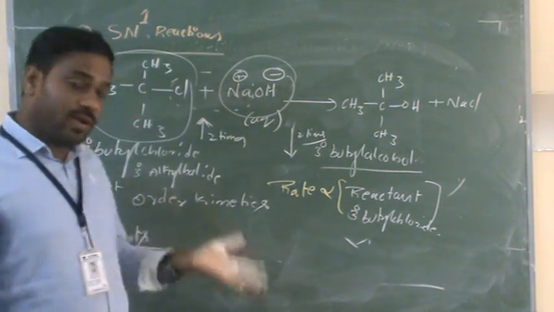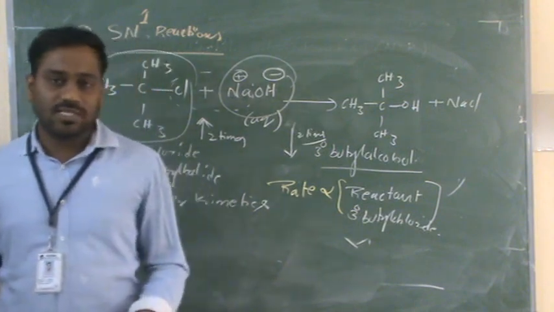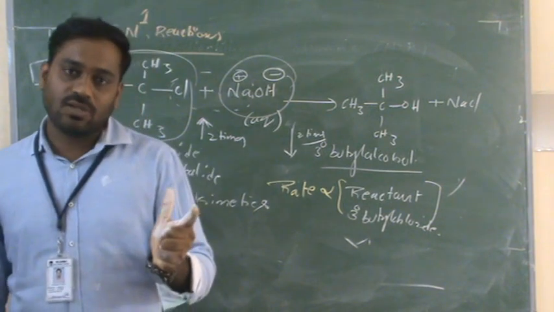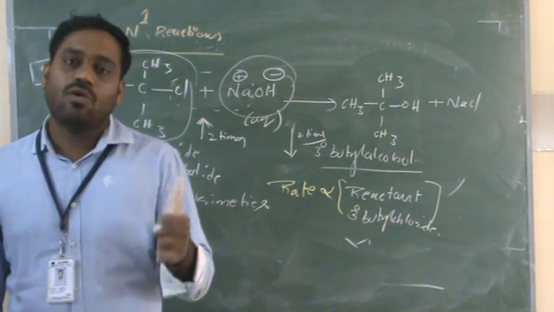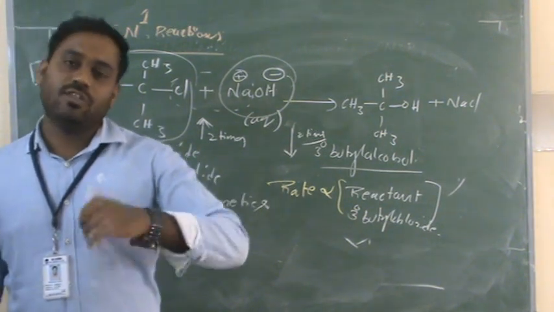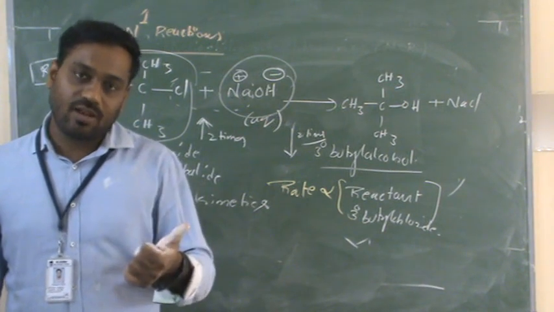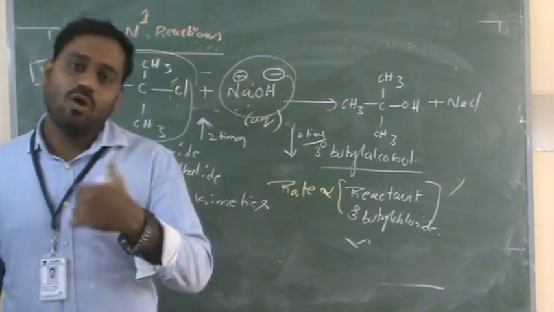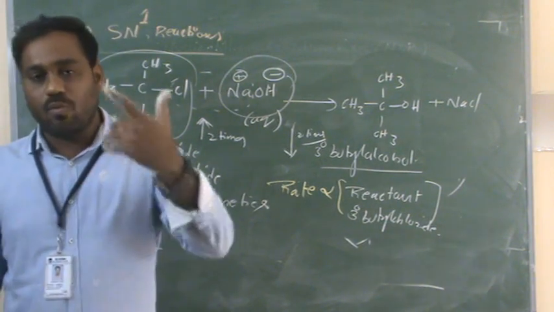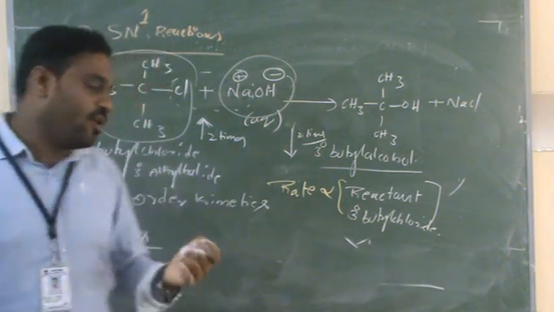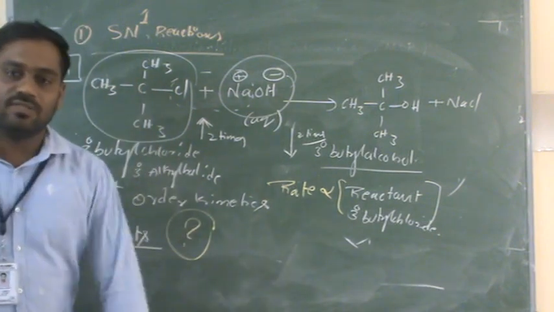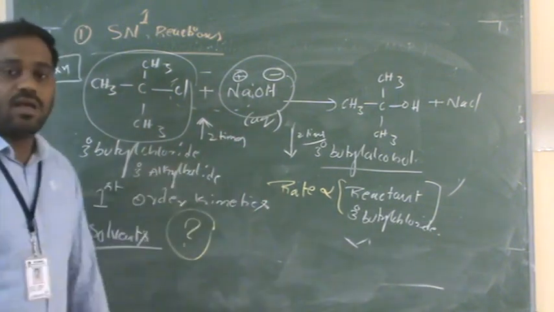So in our chemistry there are so many types of solvents. One is called polar solvents, another is non-polar solvents. Again, polar solvents are of 2 types: polar protic solvents and polar aprotic solvents. What is the meaning of non-polar solvents, polar protic solvents, polar aprotic solvents? What are the examples? Among these solvents, which solvents are used in the SN1 reaction?